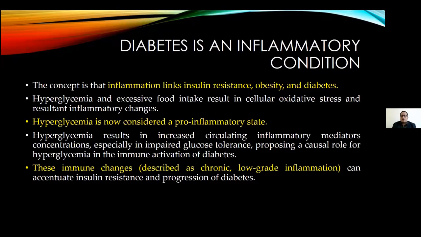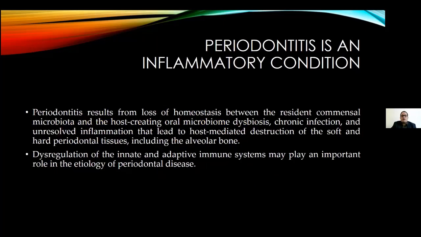And hyperglycemia also results in increased circulating inflammatory mediator concentrations, especially with respect to impaired glucose tolerance, thus proposing a causal role for hyperglycemia in the immune activation of diabetes. And this is what is described as chronic low-grade inflammation, which can accentuate insulin resistance as well as progression of diabetes. Needless to say, periodontitis is an inflammatory condition, and we know because of the bacterial insult via the oral